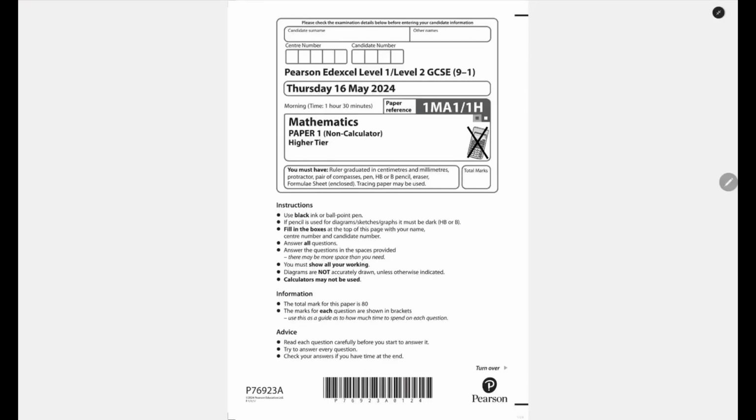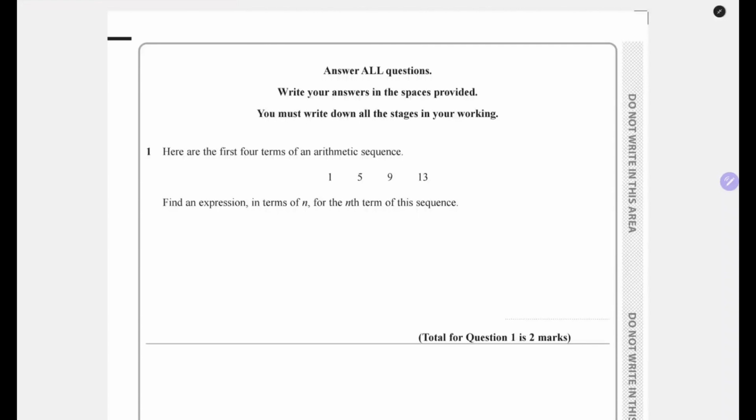Today we're going to be going through the 2024 May Paper 1 Non-Calculator Higher Tier paper. We'll be going through each and every question step by step to make sure we get full marks. Let's get into it. Question 1 says, here are the first four terms of an arithmetic sequence, 1, 5, 9